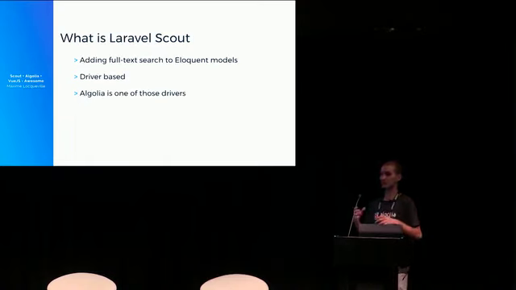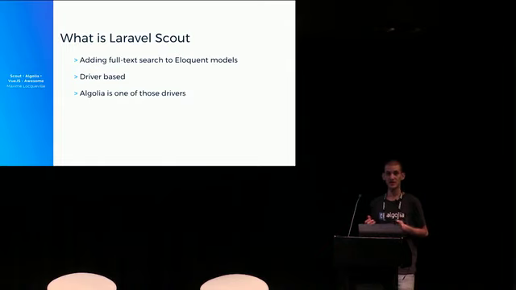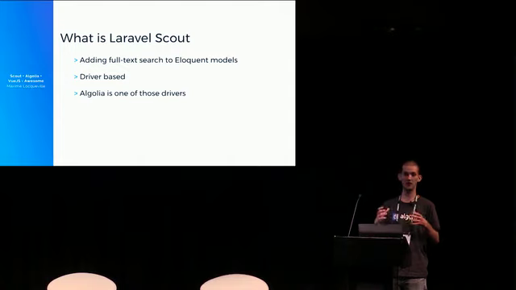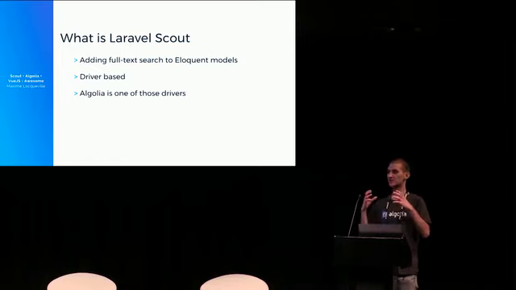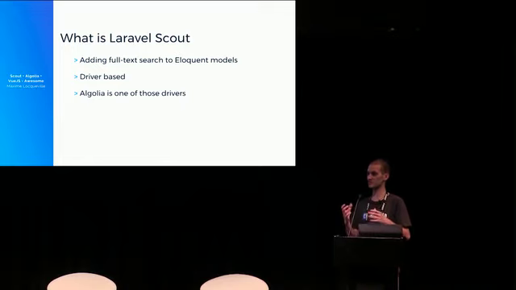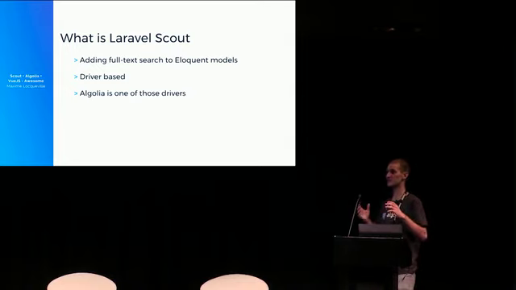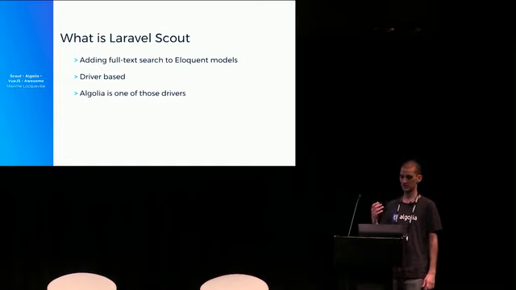So let me explain you a bit the tools that we are going to work on today. The first one is Laravel Scout. It's a package that you install on your Laravel app, and what it allows you to do is to basically search on top of your models. So what you say is, I want this model to be searchable, and Scout is going to take care of all the indexing, the synchronization from your database to the search engine, and on top of that, it's going to allow you to search on top of this data that is in the search engine. It is driver-based, meaning that you can plug to any search engine. Algolia is the default driver for Scout, and we are very proud of that.